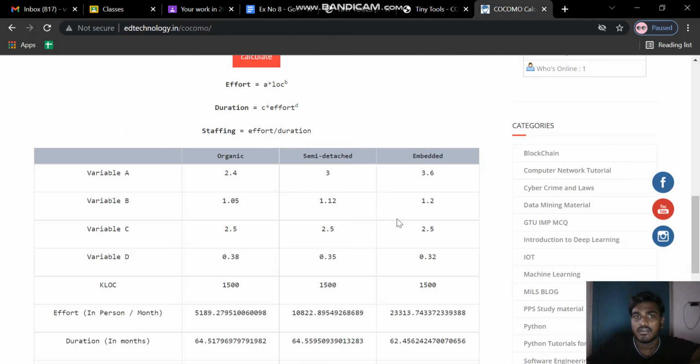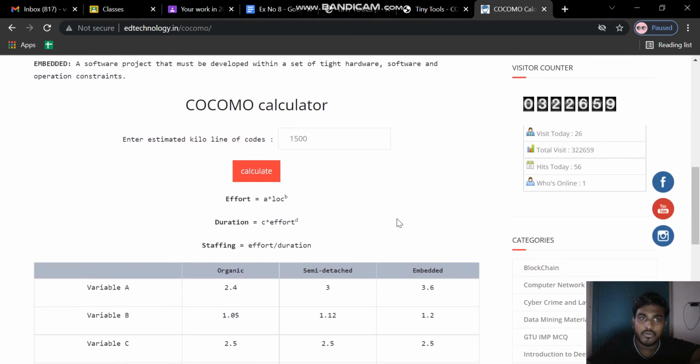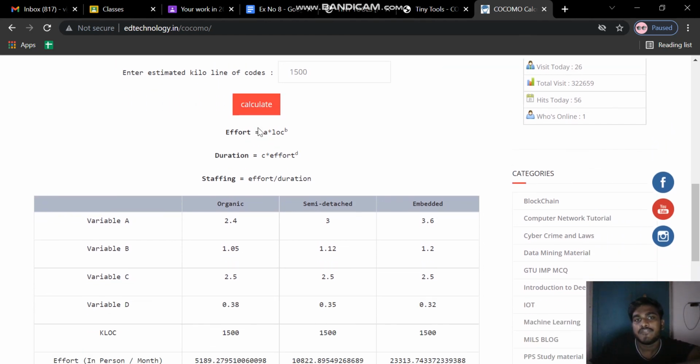Finally, the COCOMO calculator. You have to enter the estimated kilo lines of code. I gave 1500 lines of code to be added to our project. See here, I am calculating this. The effort formula is a times KLOC to the power b, duration is t times effort to the power d, and staffing is effort divided by the duration of completing the project.